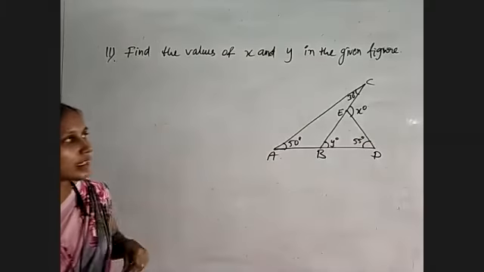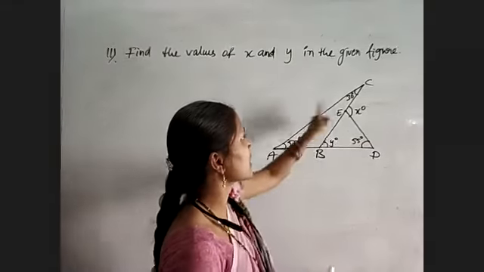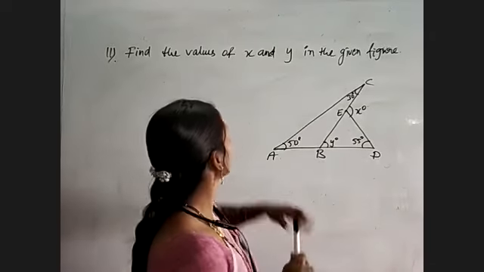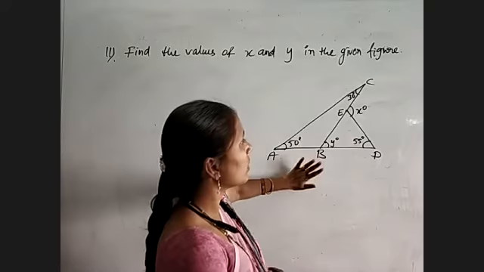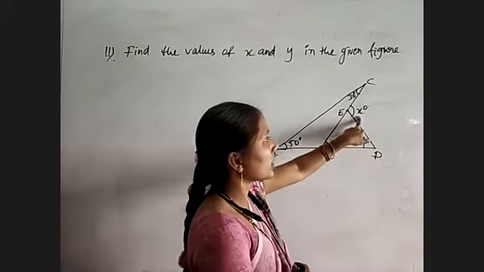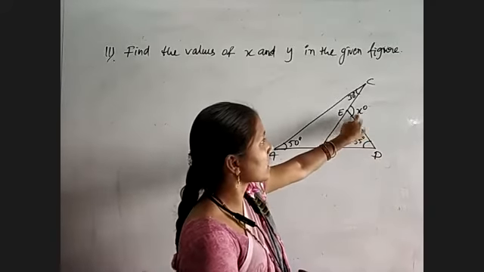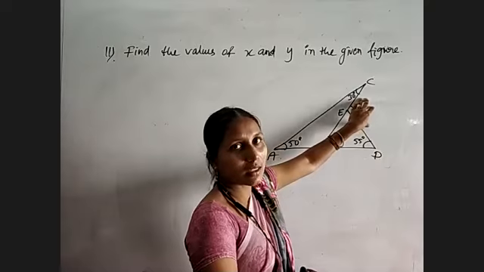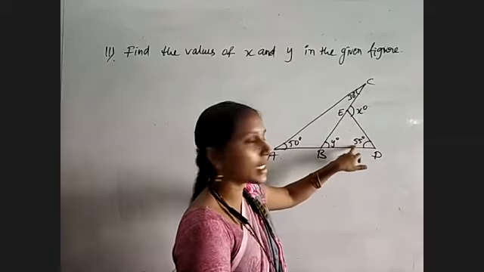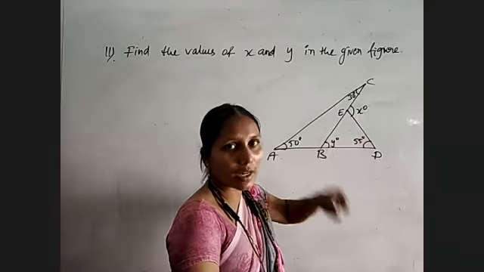Observe the given triangles. Here two triangles are shown in this figure: triangle ABC is one and triangle BDE is another. We need to find the x value and y value. Observe, x degrees is this. To get x, x is an exterior angle, very clearly, of the triangle BDE. So it is equal to the sum of two opposite interior angles, which is y plus 55. But we don't know y. That means we need to find y first.